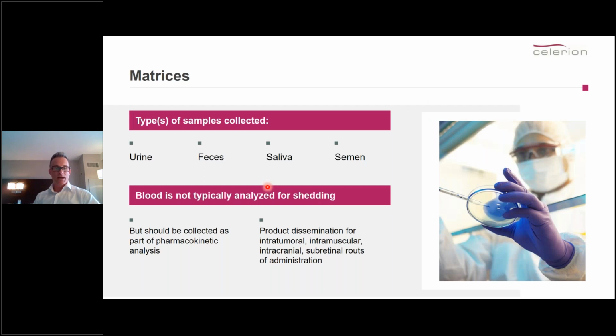Now, matrices as well are mentioned on what they should be or can be. So urine, feces, saliva, and semen are the main matrices. Blood, it says, is typically not analyzed for shedding. That's what it says in the guidance. However, it should be collected as part of pharmacokinetic analysis and also product dissemination for gene therapies that are maybe not administered into the perforation, but by intramural or intramuscular or retinal administration. So you can see if the virus does go out or exit those particular